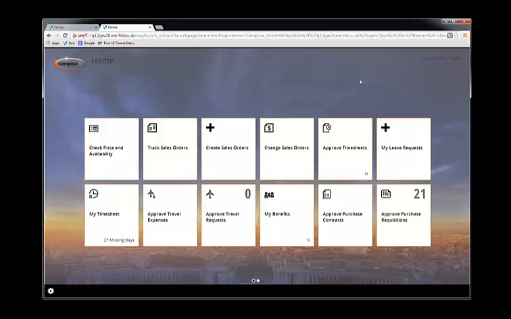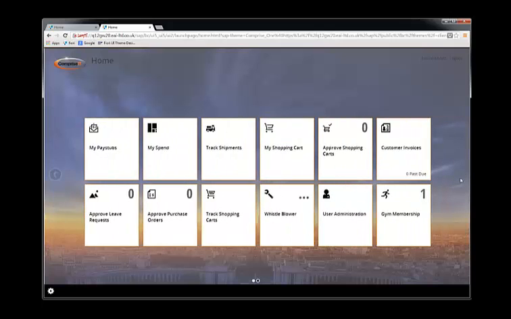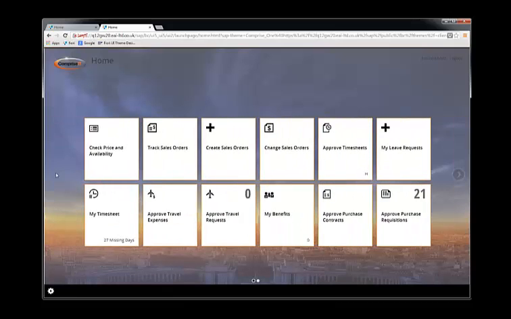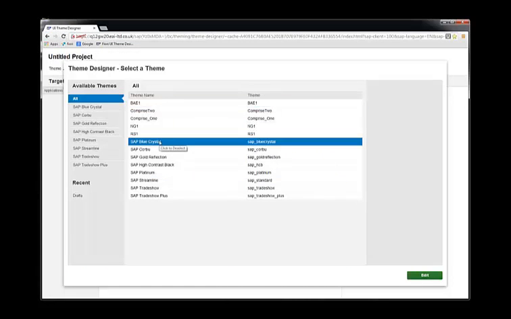So what we'll do now is jump out of the actual application and go into the theme designer. So the theme designer is, as Kevin highlighted in his presentation, an area where we can make changes to the look and feel of it, and there's 3 main modes. So the first thing we have to do is go in and pick an existing theme to modify. So I'm going to take the blue crystal, which is the standard Fiori theme. I'm going to go into that one and modify it, and I can do that in 3 different ways. I can do it as a quick and easy one, which we'll use as an expert, or using our own CSS files. So once we pick this one now and we go into it,